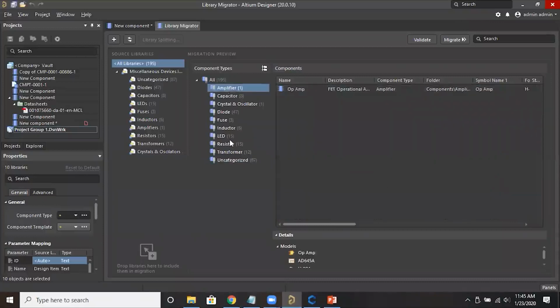So here what it is doing is detecting the component type and assigning the template, because this template is already available. Maybe for this uncategorized symbol the template is not available, so we can assign a template, or create the template. After that, we can migrate it. Okay. But before doing the migration, you should know what component types you have in your library.